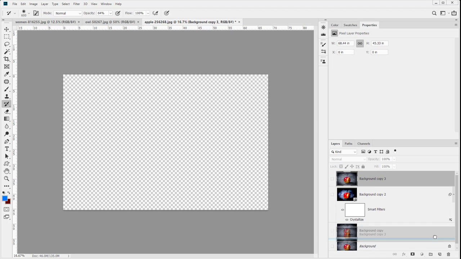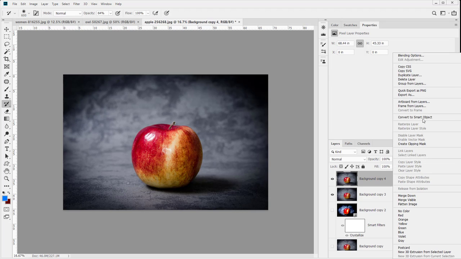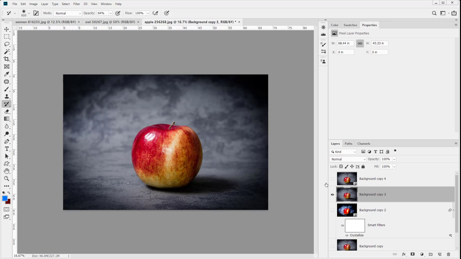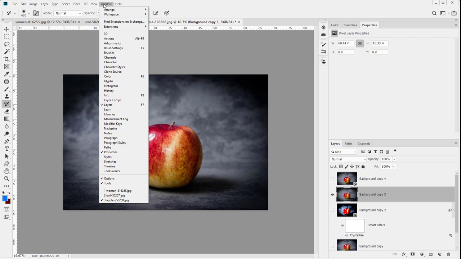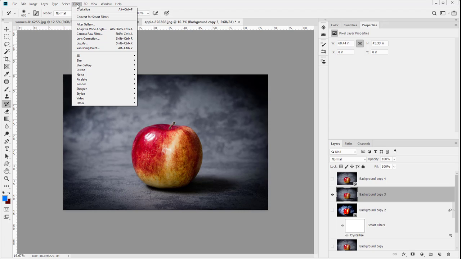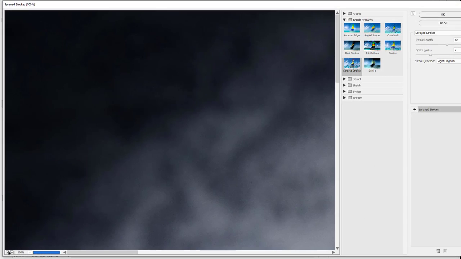I will duplicate this apple a couple of more times, and we will again convert one into a smart object. I'm just going to right click and convert to smart object, which gives us a smart object apple and a standard object apple. Now I can also use my filter gallery, which is, if it's the first time you've used the filter gallery, prepare to be wowed. I'm going to go up to filter and filter gallery. And this contains, and this is too big,